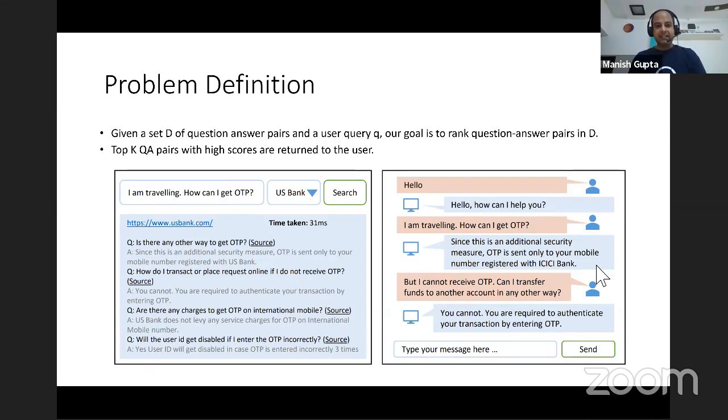Now, I'm saying pairs rather than just a pair, because when you see the chatbot interface, the one on the right side, there you only want to have one question answer pair, and you want to show the answer from the best matching question answer pair. Right? However, you might also have another kind of search interface, which you see on the left side,